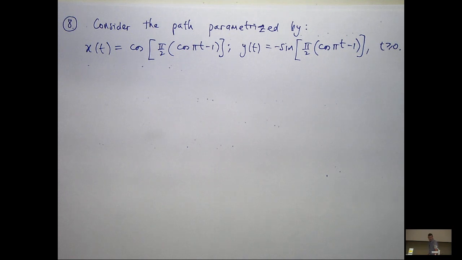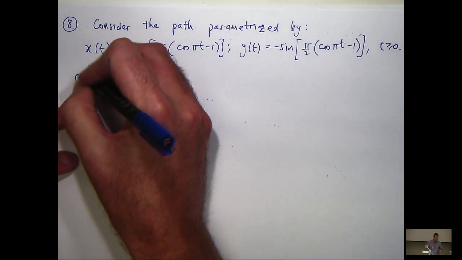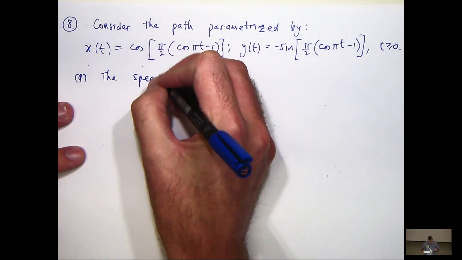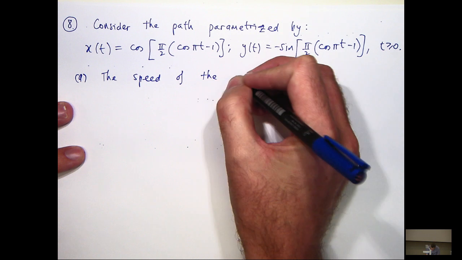And then we're asked to describe the path of the trajectory of the particle. So what path does the particle move along? What is the type of path? Okay, so let's have a look at this. So the first thing we want to calculate